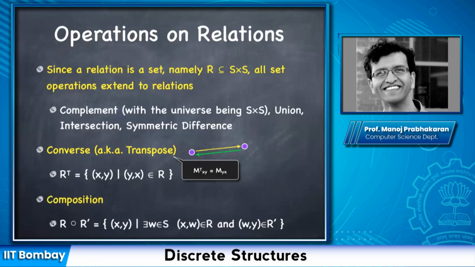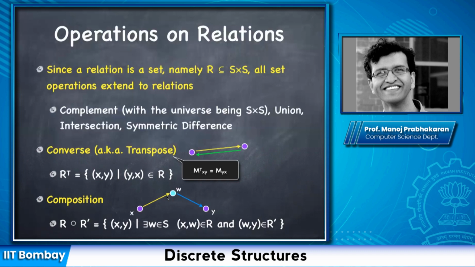Another useful operation between relations is composition. So denoted by, this you can read as R composed with R prime. R and R prime are two relations. So R composed with R prime has a pair XY if and only if there is some element W in the set S such that XW is in R and WY is in R prime. So in terms of the graph, it looks like, so X and Y, if it is the case that there is some node W, or some element W in S, such that the